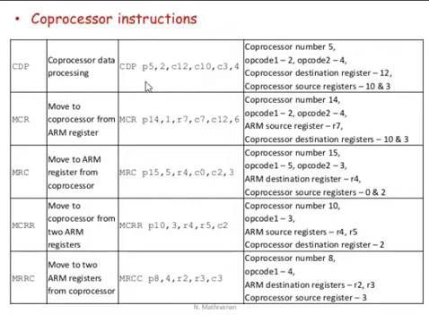Now coprocessor number 5, okay, P5 is given. That means coprocessor 5 is executed. Then coprocessor destination register C12 is there. Okay. The source registers are C10 and C3. Okay. Now this 4 and this 2 are nothing but opcodes. Okay. Always remember. So you will understand this more when we perform direct practicals of this subject. Okay.